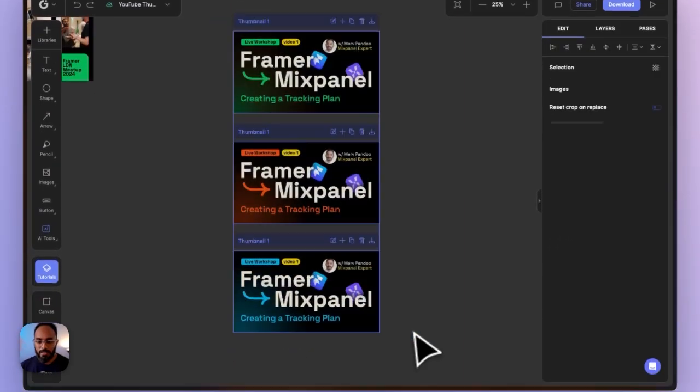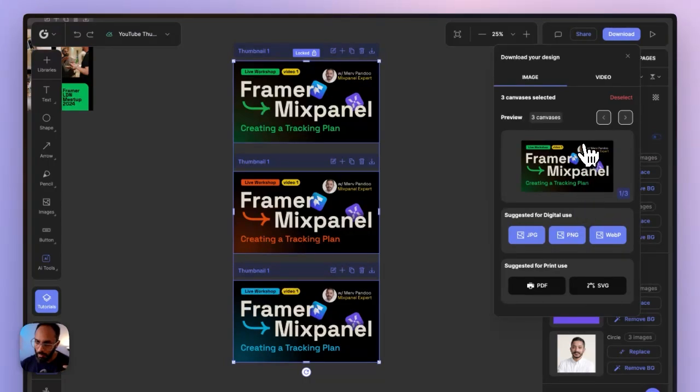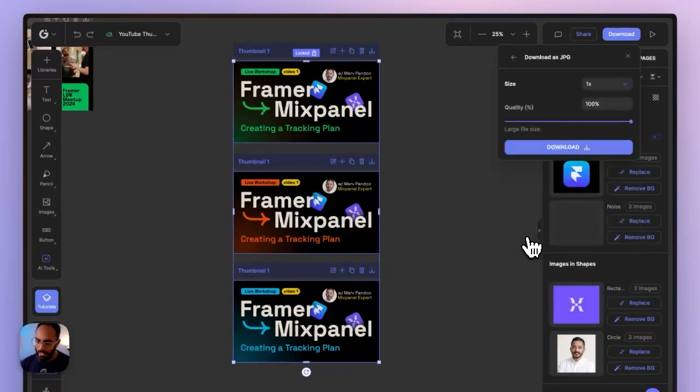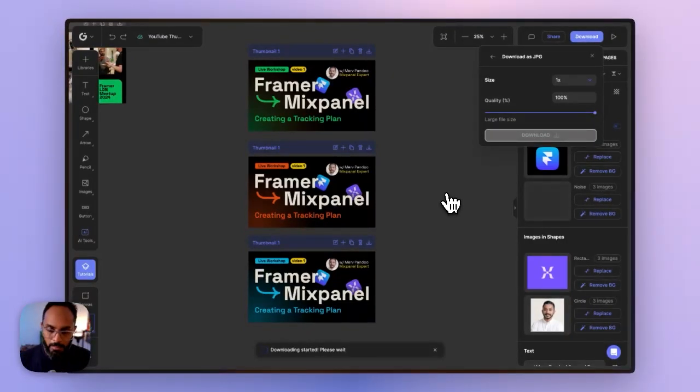So to do this, I'll simply select all of them, hit the download button, and then from here what we'll do is choose JPEG, and we'll keep it at 1x, 100% quality, hit download. That should do the trick. These will now start to download. Once they're downloaded,